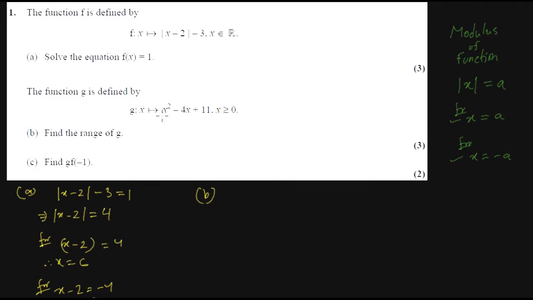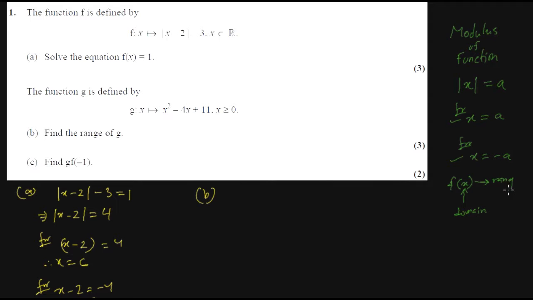So the next one, we have another function. It's a quadratic function, and we have to find the range. Now a note about range: when we talk about a function and we are talking about the domain, it is the input value. So that's the domain. What value is the input value, for which we have an output value? That's the domain. Any input value that gives an output value is the domain,